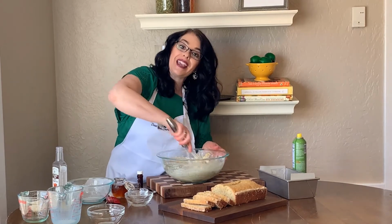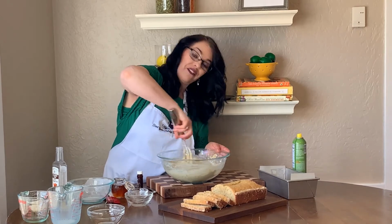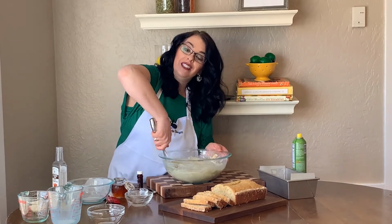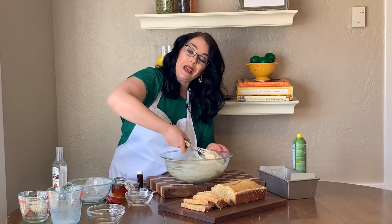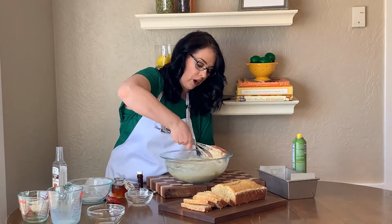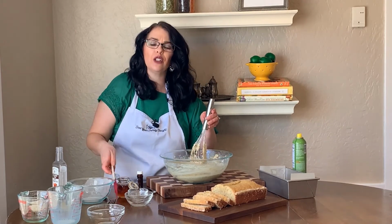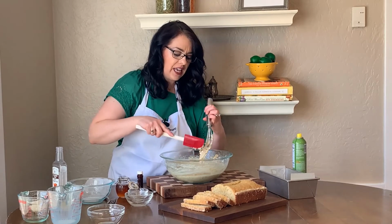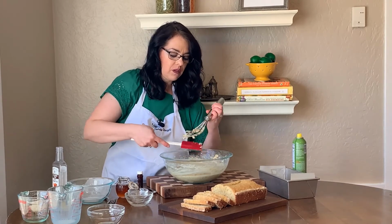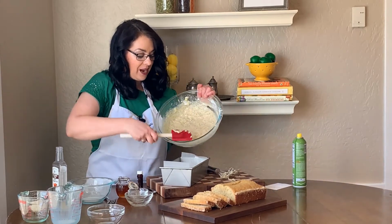This is going to bake at 350 degrees for about 55 to 65 minutes. You know it's done when you insert a toothpick in the center and it comes out with just like 1 or 2 little moist crumbs. If it has batter that looks raw when you take it out, let it go for another 5 or 10 minutes in the oven. I'm going to pour this into my pan,